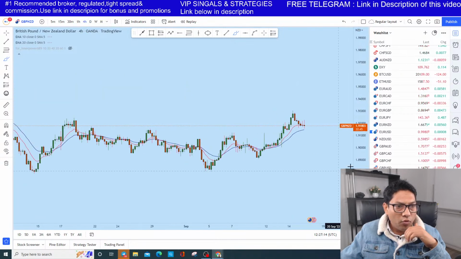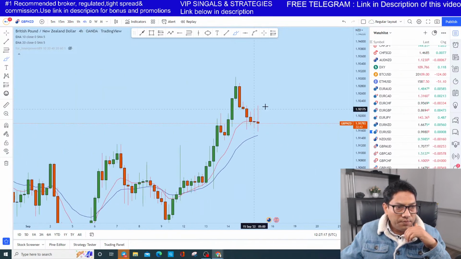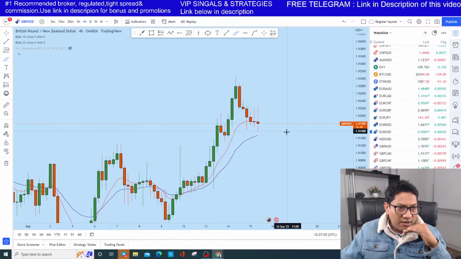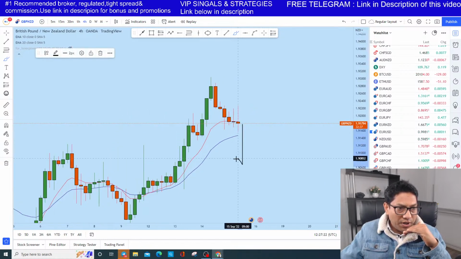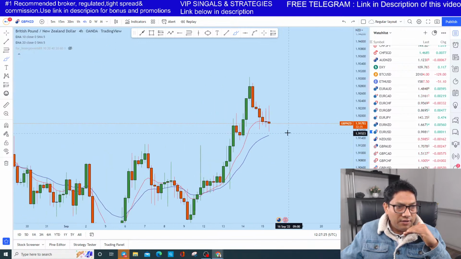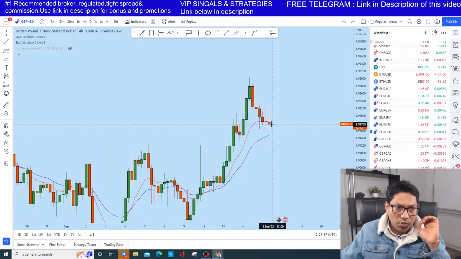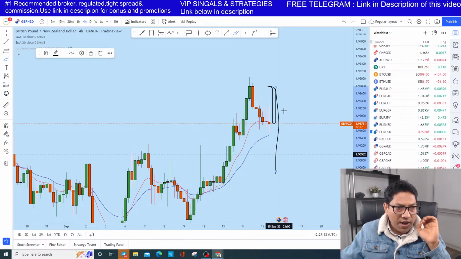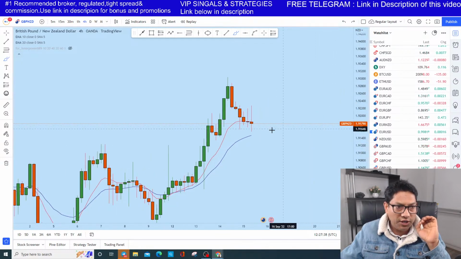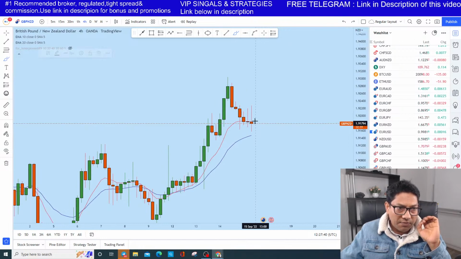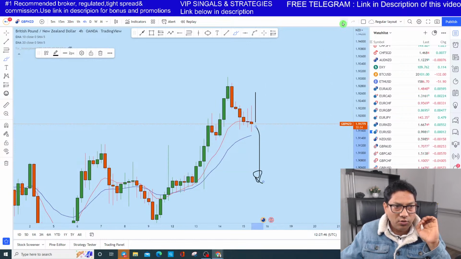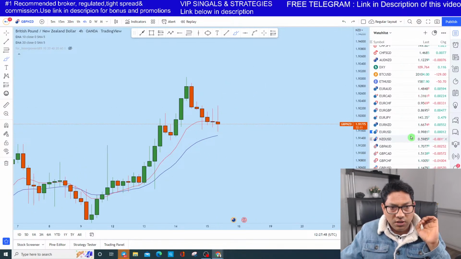Now if we look at the 4 hour, we have seen double doji. Then the price creating this bearish pattern, and I think there are 2 probabilities. One less probable is to go up again to create a green candle and then immediately come back down, which, if that's the case, will be an awesome selling opportunity. But what I think is that it might not even go there. Instead, we could see a drop. So let's see what happens after the candle close, and then I'll really know what to do with GBP pairs.